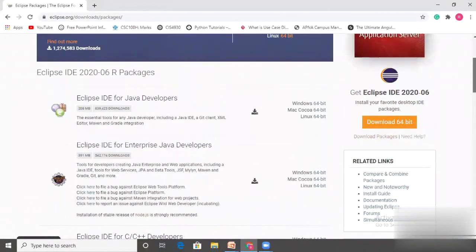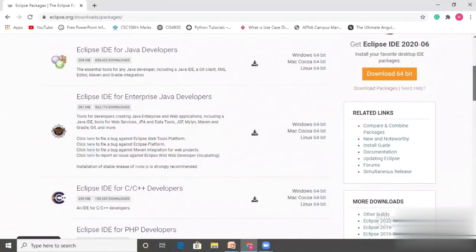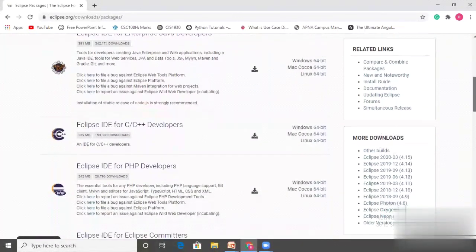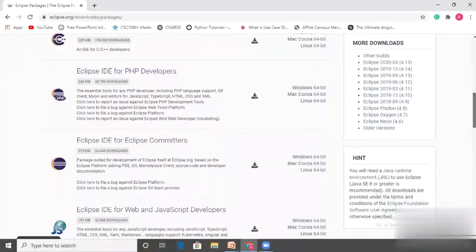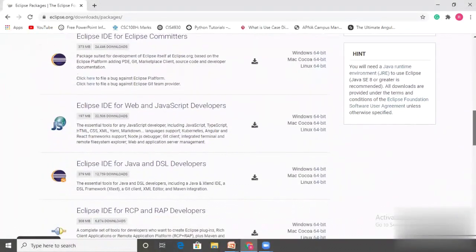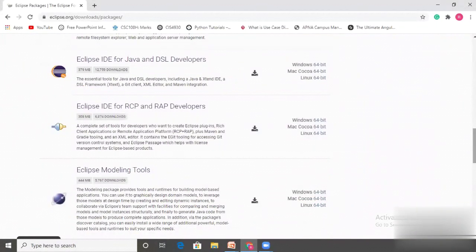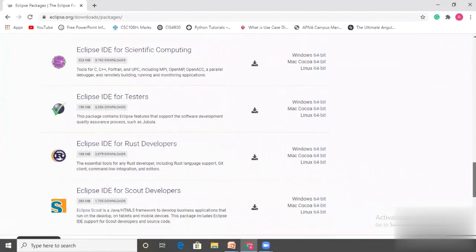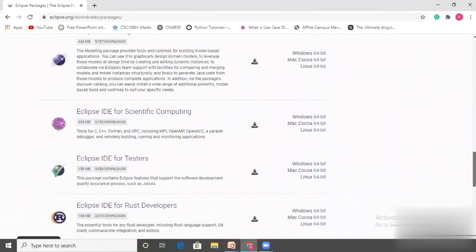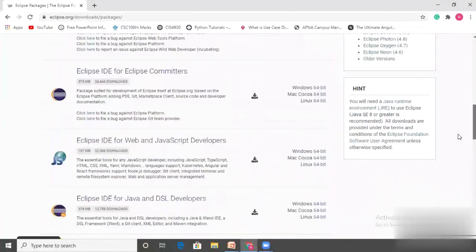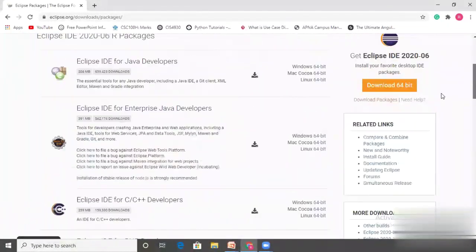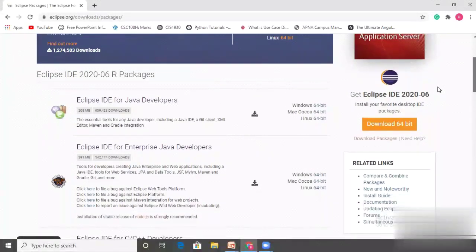Many flavors are there, such as Eclipse IDE for Java developers, Eclipse IDE for enterprise Java developers, and Eclipse IDE for C, C++, and PHP. Here you search for the download packages: Eclipse for Java EE developers, or enterprise developers.